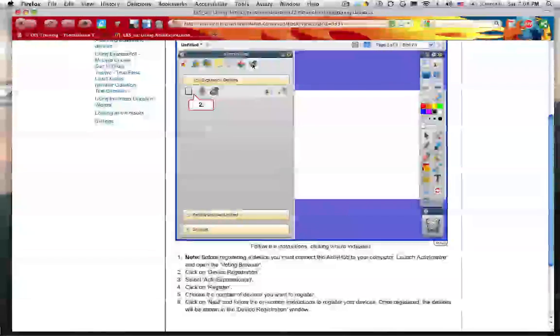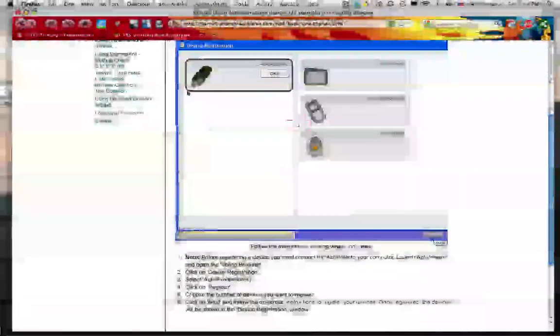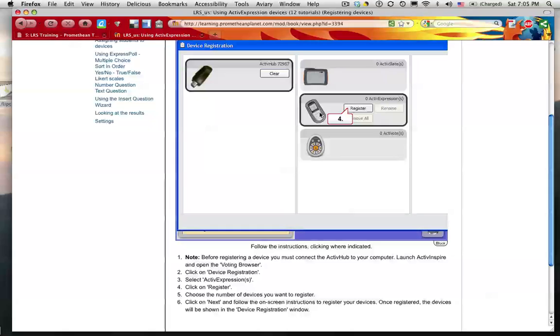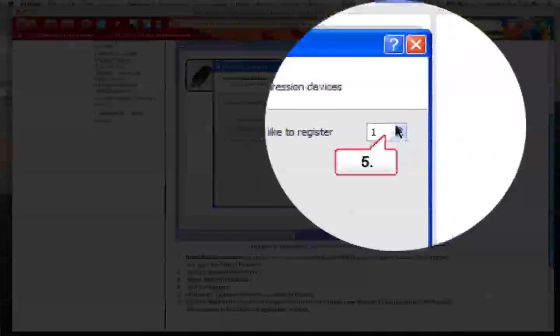So even though we're not in the ActiveInspire software itself, we're going through the same steps. And then number 2 on the list says click on device registration. That's the icon for device registration, so we click. Then it says to select active expressions. These are the exact same steps you would be following in the software itself. And then click on Register, choose the number of devices you want to register,